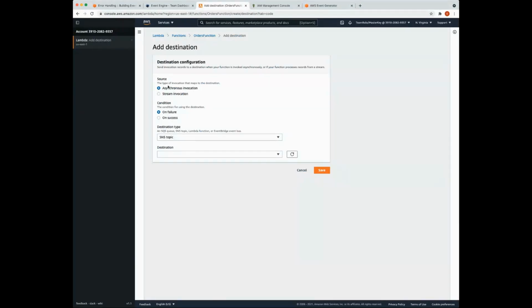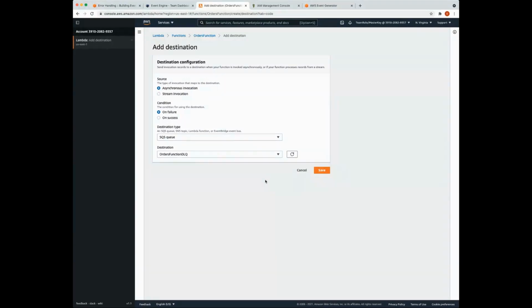This time we're going to leave the source as asynchronous invocation, but we're going to change the condition to on failure. All right. For the destination type, we're going to select SQS queue. And for destination, we're going to select orders function DLQ.